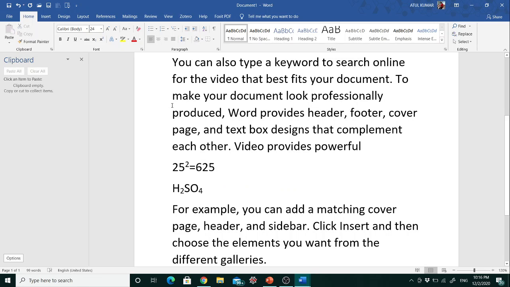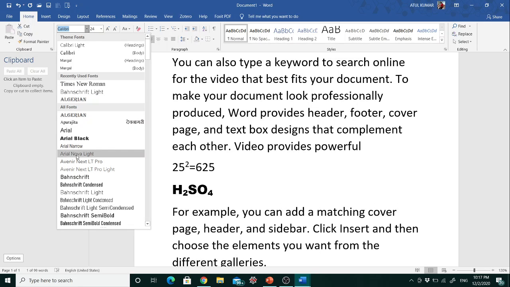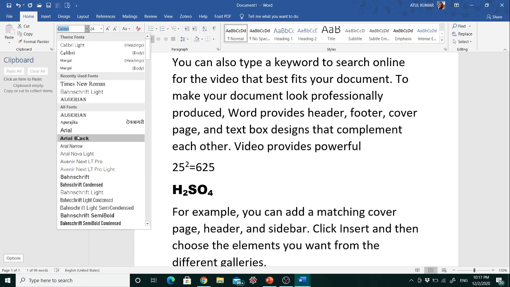Next important option is how to change the font styles. So there are different kinds of font styles available in the font group. We have Calibri body as a default, we have Times New Roman, Algerian style is there. Different kinds of styles you can use depending upon your need and the need of the document.